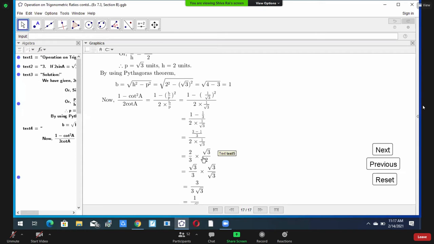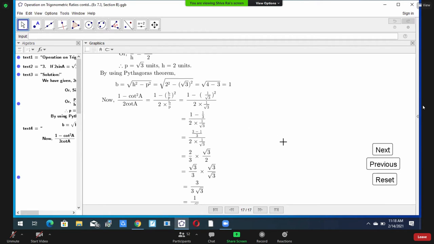2 upon 3 in the numerator, into, you look here, this 2 in the denominator. And you look here, we are writing the reciprocal. Actually 2 into 1 upon root 3 means 2 upon root 3. So the reciprocal of 2 upon root 3 means root 3 upon 2. Here we are writing only this much, just the reciprocal, remember.